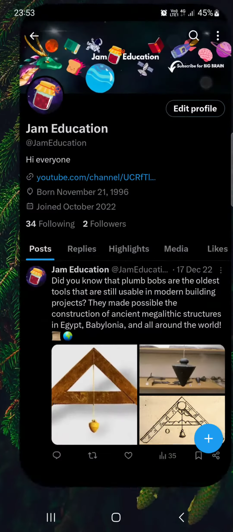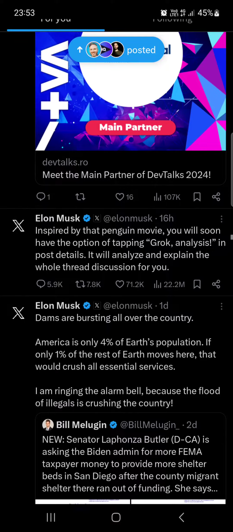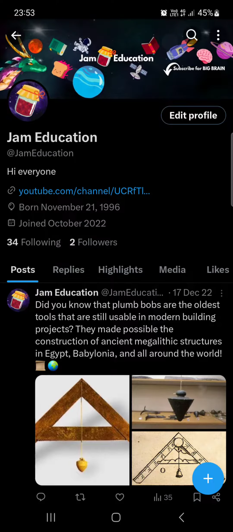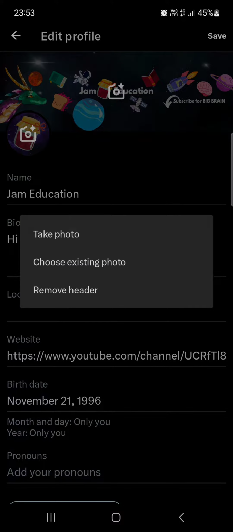First we have to open up the Axe app. Here it usually opens up in the home menu where we have our posts, but from here we have to swipe to the right, then tap on profile. Here in the top right corner we tap on edit profile, and in edit profile on the top we find our banner, and if we tap on the